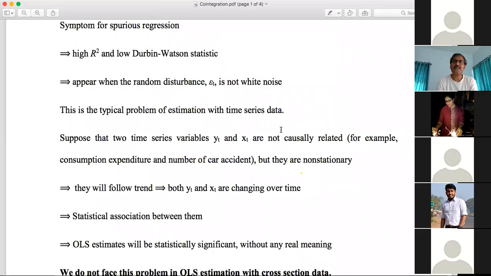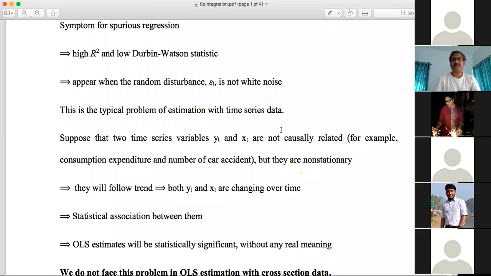So the correlation coefficient does not surely provide you that the correlation appears because of a causal relationship between them. A causal relation may be something different from the statistical relation between two or more variables. Your regression coefficient or the correlation coefficient simply provides you the statistical relationship between two or more variables.